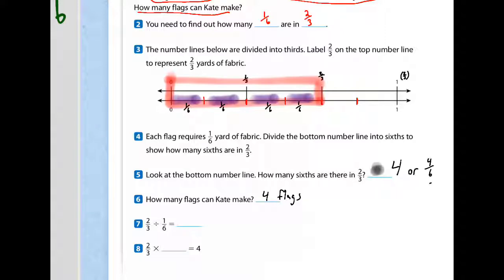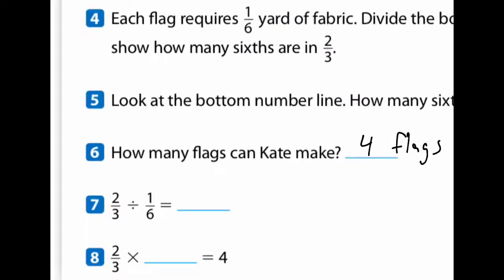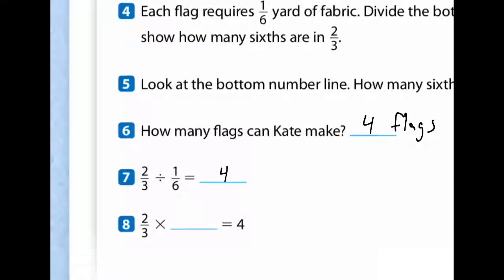Now 7 says, well, 2/3 divided into 1/6 we know is 4. Now, in 8, it wants to know the multiplication reciprocal. So notice you keep the 2/3 the same. I'm going to write a little K above that for keep. Notice you change the division sign to a multiplication sign. And then in the last step, we flip the 1/6 to its reciprocal,